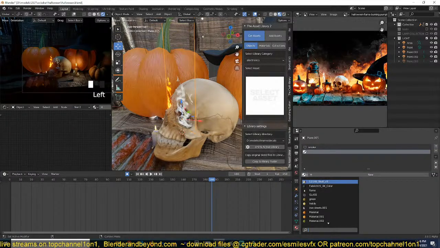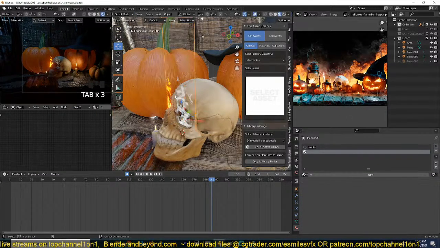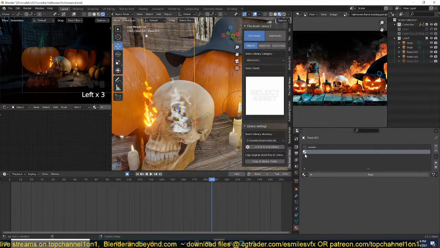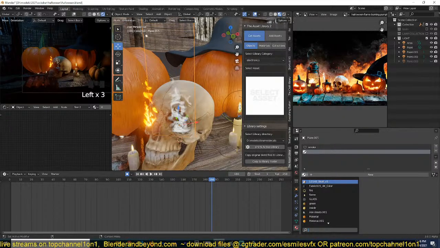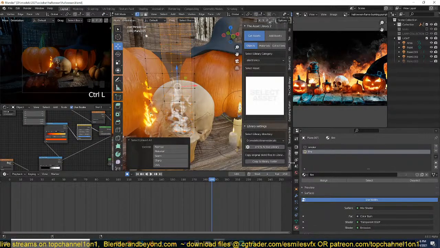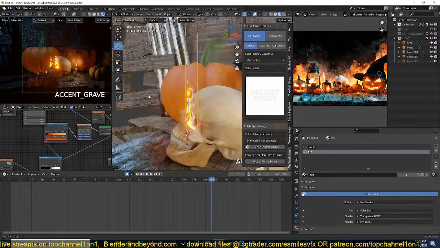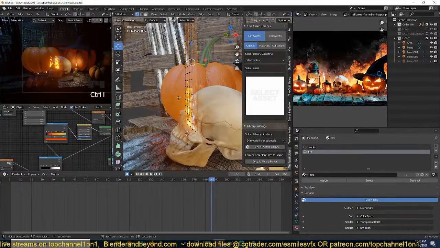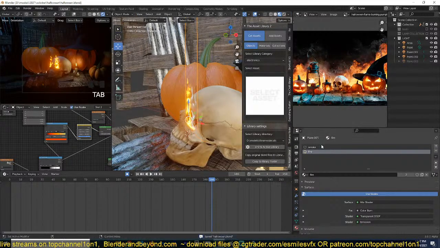And one should be fire, like this. So this is fire, and then the other should be smoke. So this should be the fire, and then we have another layer of smoke, and for that